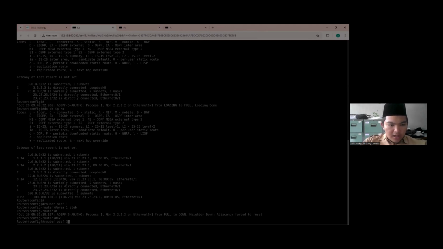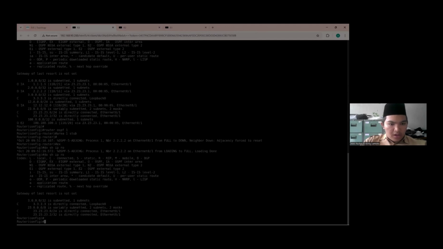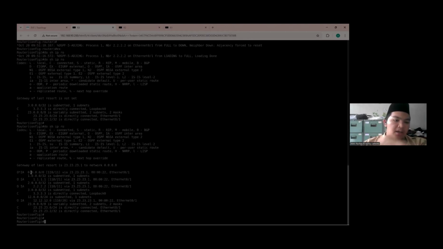Okay, done. To update the route table, then we're gonna exit. Gonna check again the routing table. Okay, not yet built the adjacency. Wait for a while, like previously. Okay, as you can see, the table is already updated.